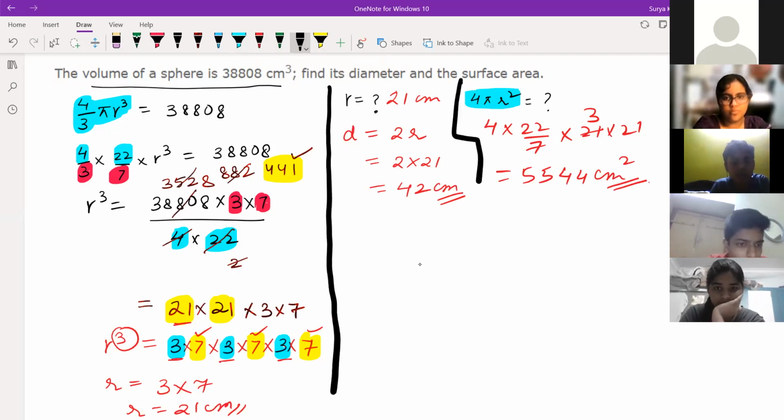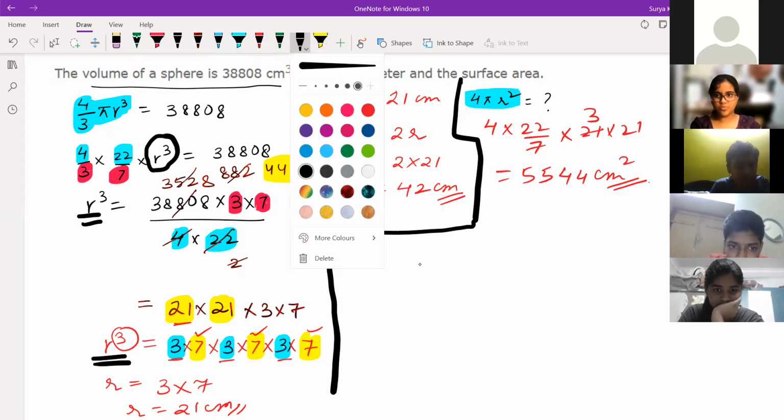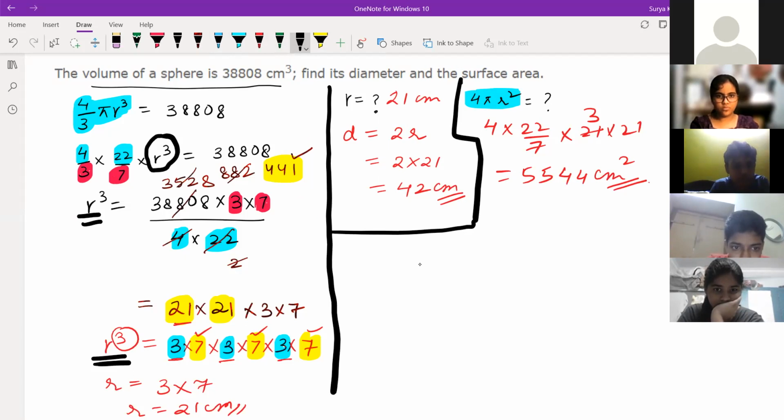Sir, I didn't understand a bit, like the r cube. This one? No, the upper one. The one here, at the top. Yeah. See, r cube is here. You can see here r cube. Yeah, sir. So if you are writing r cube, everything you should send to the right hand side. See, this whole part you should send to the right hand side. So what I told, you can see the pink one here. That pink one we have to send up. See, I have sent up here 3 and 7, right? You can see the pink one which is mentioned down.